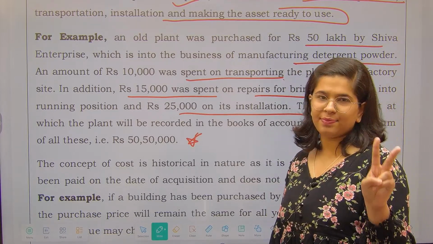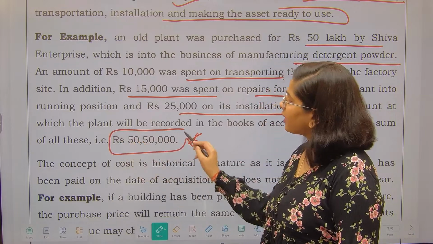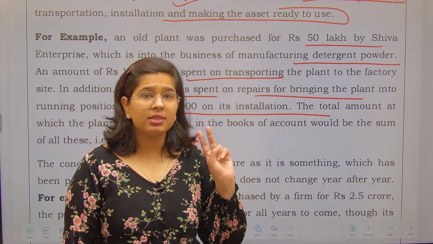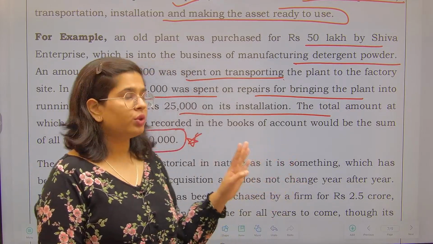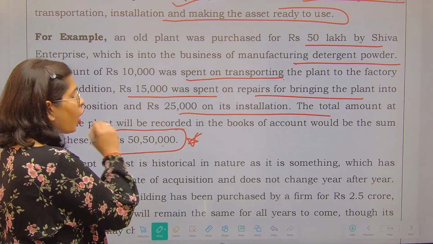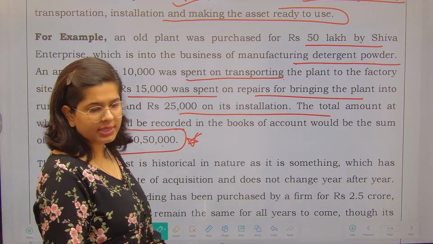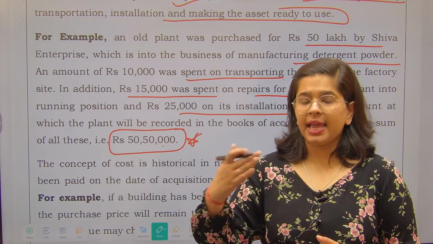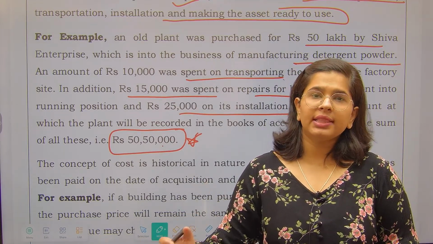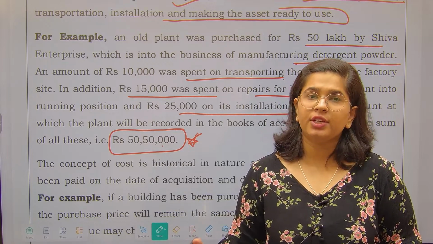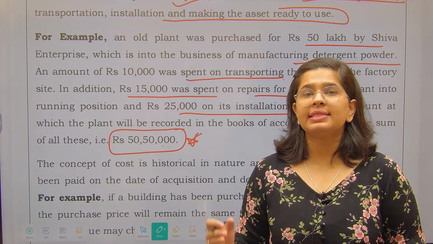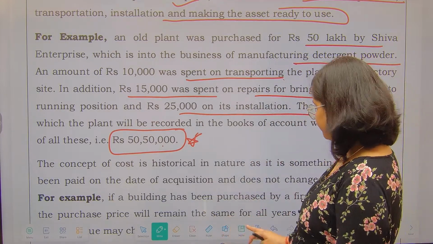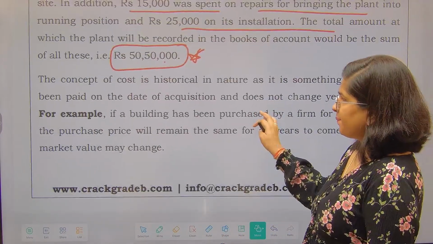So there are two concepts in it. First of all, whatever you have incurred in cash, record that in your financial statement. And what is concept number 2? Concept number 2 says that all the expenses, this also comes under the accounting standard, all the expenses that you have incurred till the date the asset is ready to use, you have to take into the cost of asset. It is called capitalization of cost. Understanding my point?